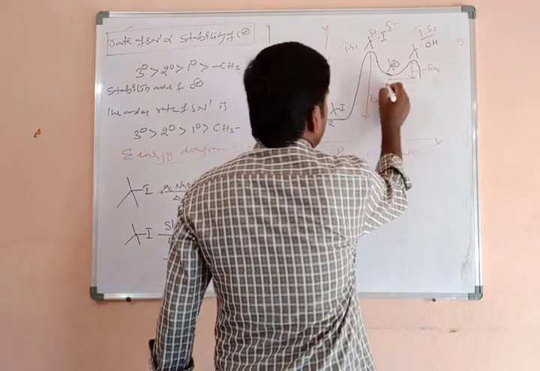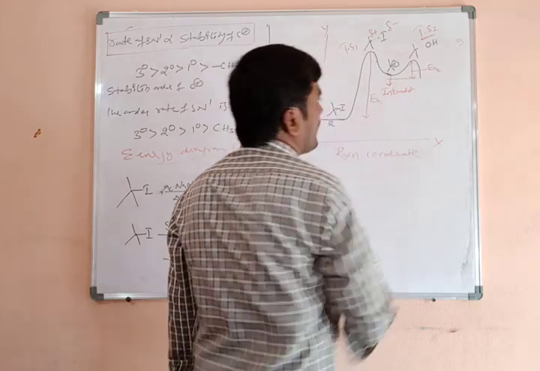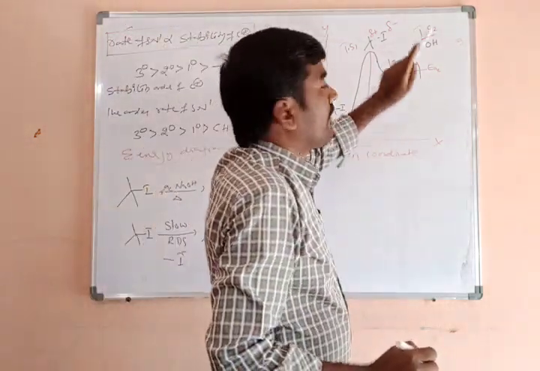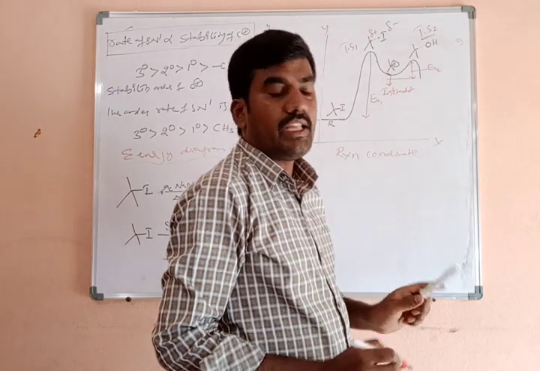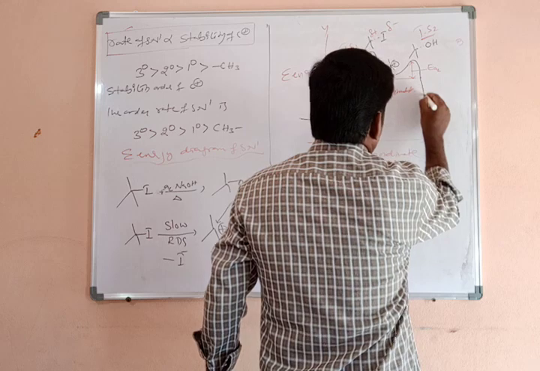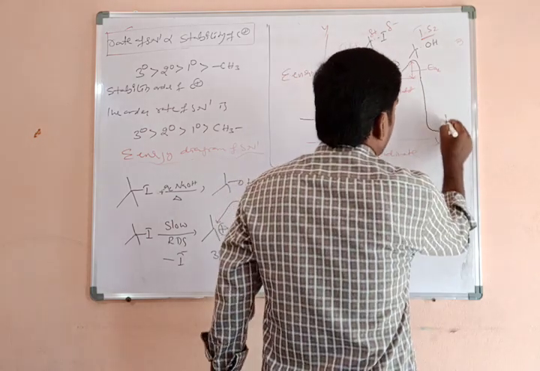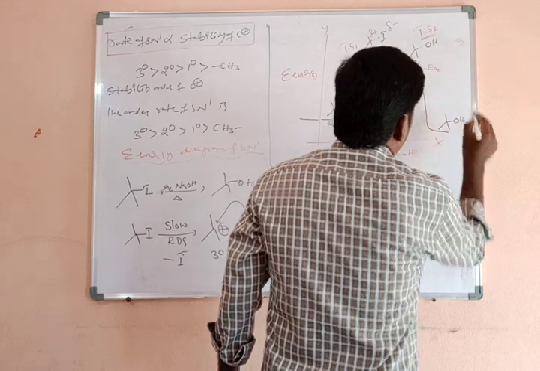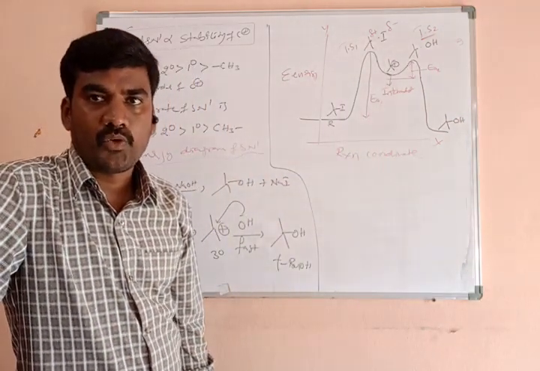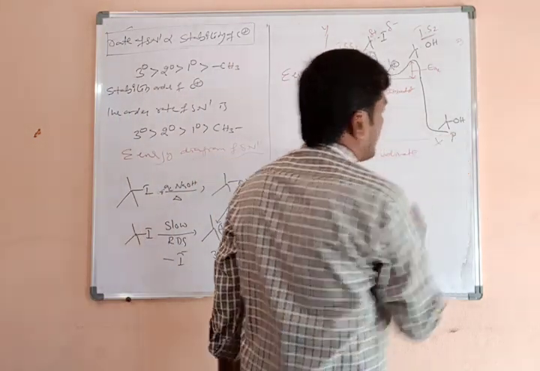This peak of the curve is the second transition state. What about this? This is an intermediate. The carbocation is an intermediate. At this point, the molecule is highly unstable, and it is coming back to a lower energy level. To liberate some amount of energy, you will get the final product. The bond between carbon and nucleophile is formed. A new bond is formed, so the final product is obtained. This is the product.